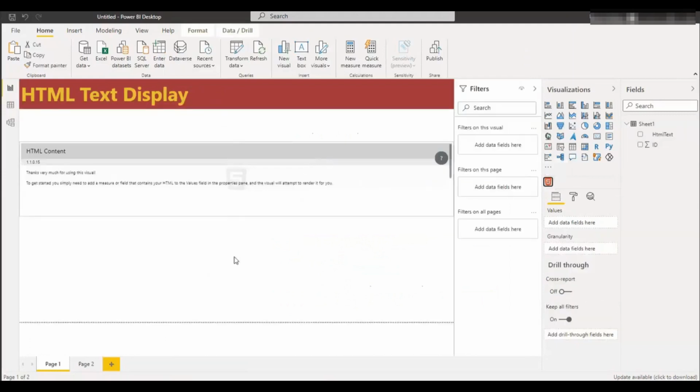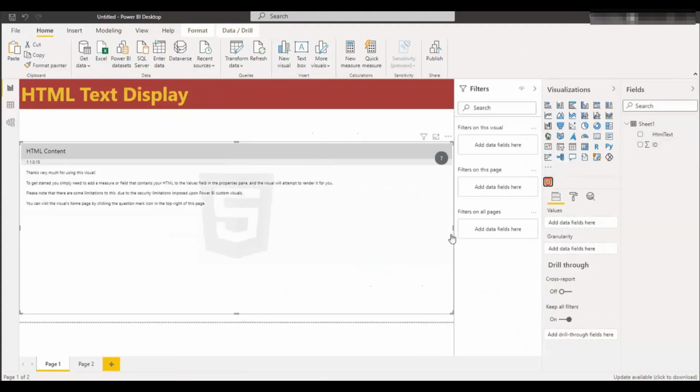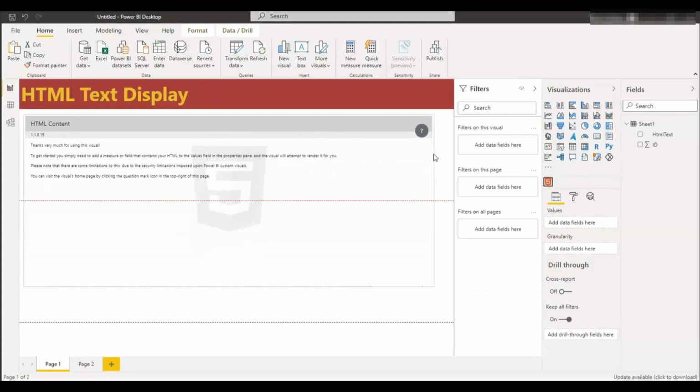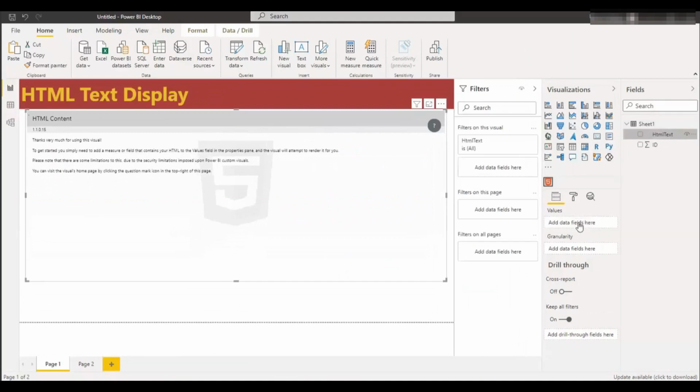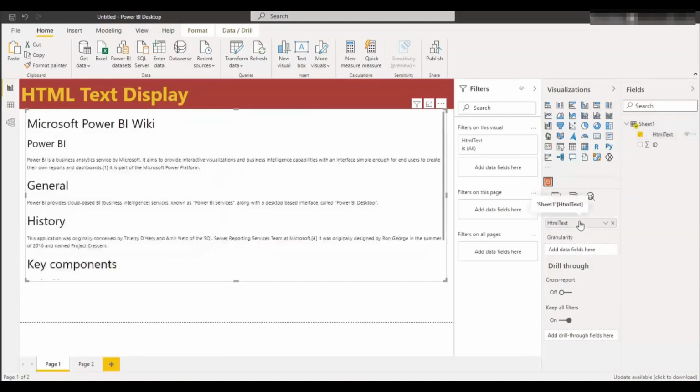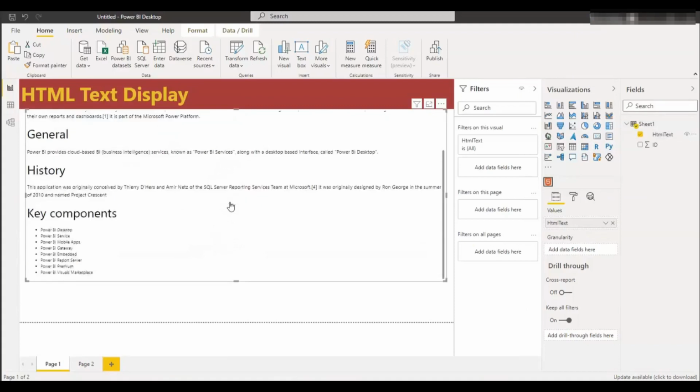This will appear. Just increase or decrease the size and put it in the center like this, and just drag the HTML text field into the value, and you will see the magic. You can see here all this HTML.